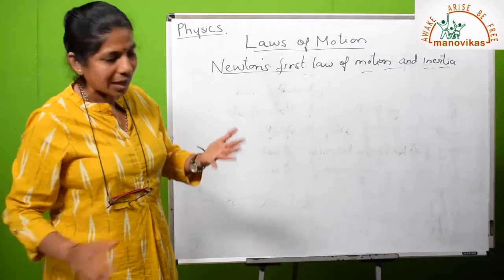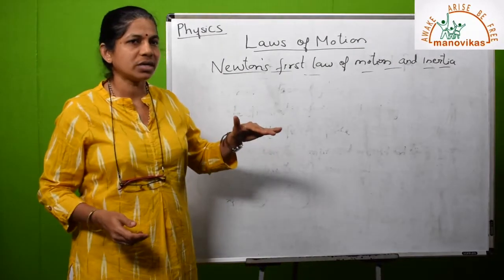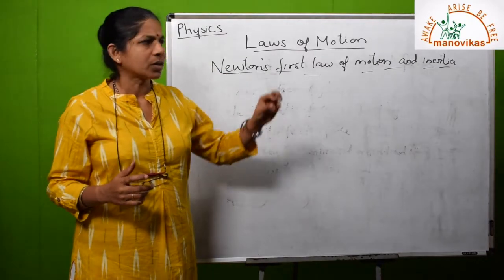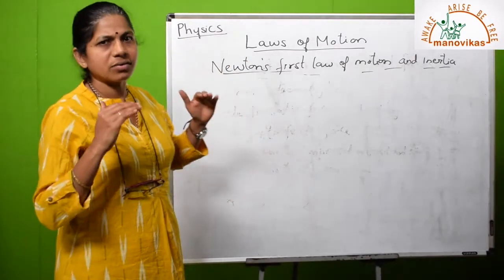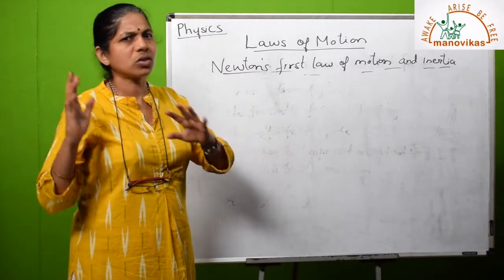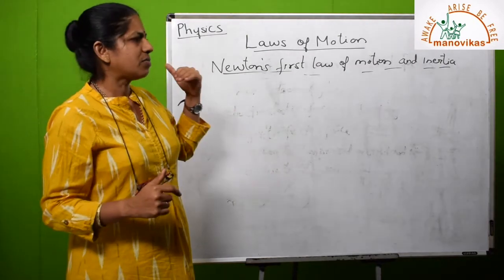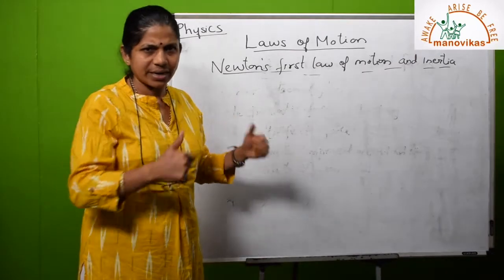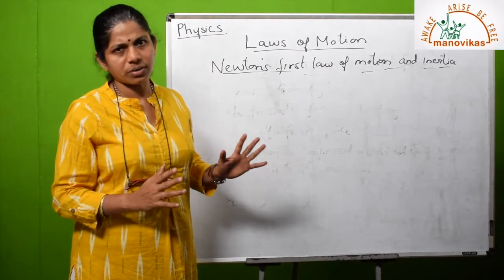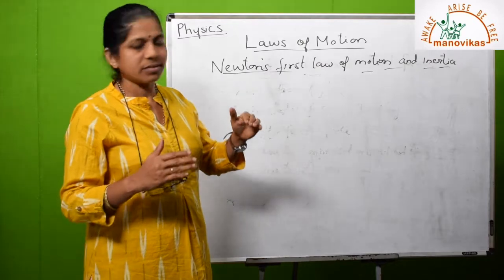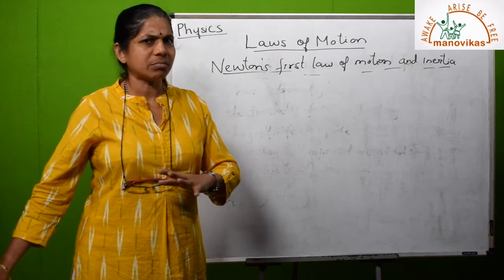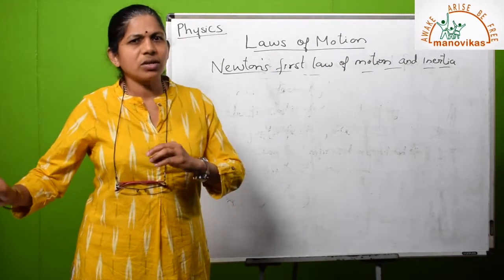Now, as you all know, when an object is in motion, it is because of the force acting on that object. If the object is at rest, we know that until and unless you apply force, that object will not move. Right? Now, if there's a cyclist pedaling, the moment he stops pedaling, the cycle should stop, isn't it? Then, if there's a book on the table, it will remain stationary on the table. Until and unless you move it, it will not move.